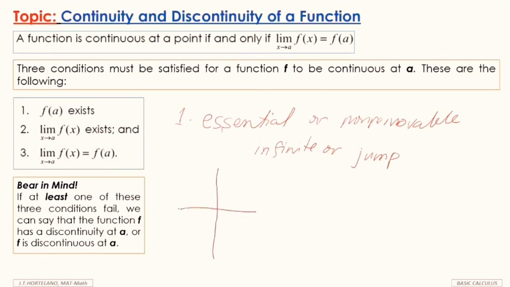let's say we have the graph of a rational function. Say this is -2, say this is the asymptote. Okay, then you have this graph, the other one is here, and meron din dito. Okay, so let's say